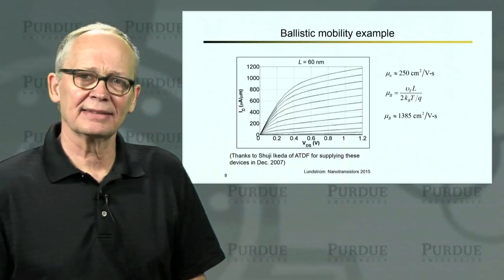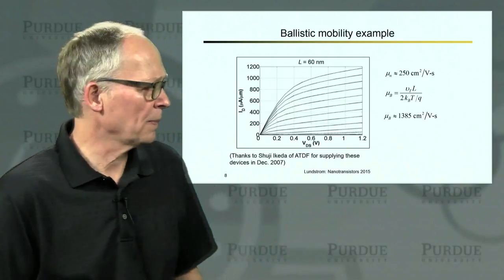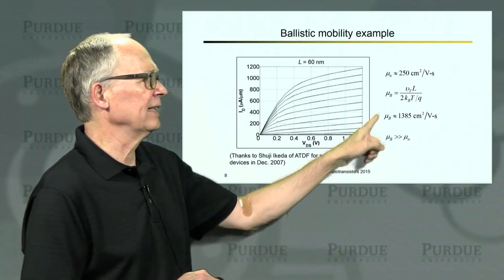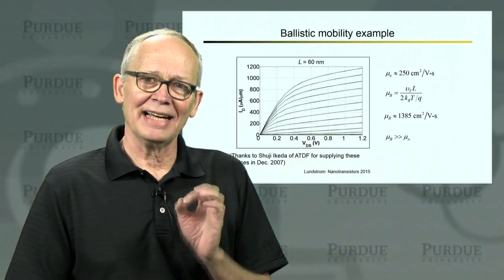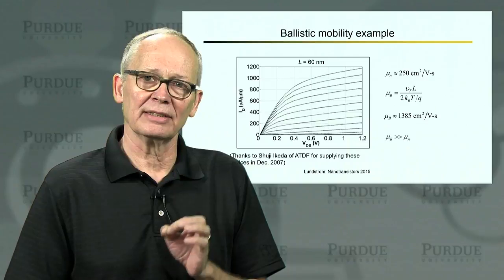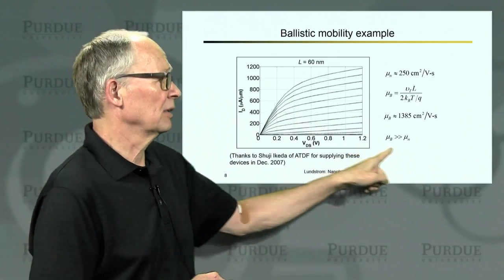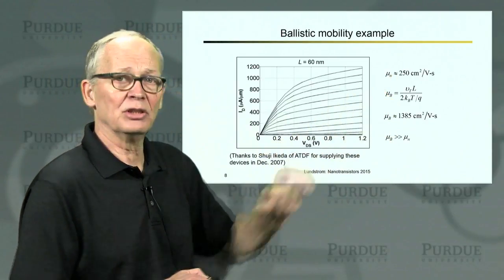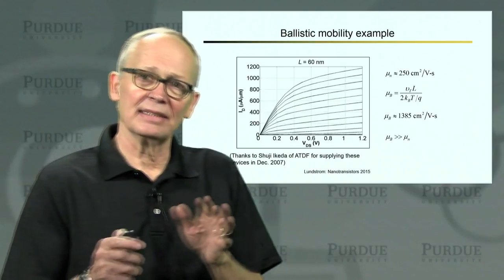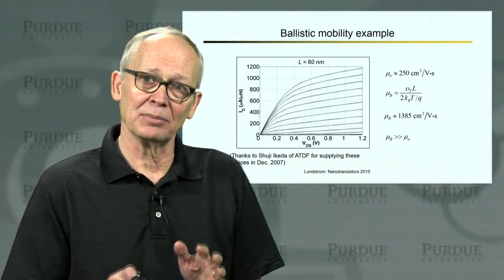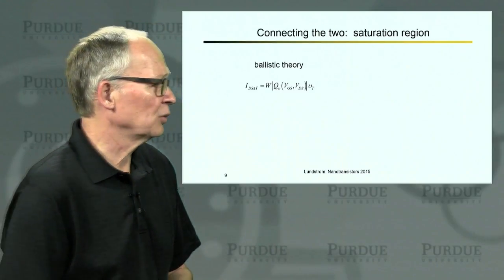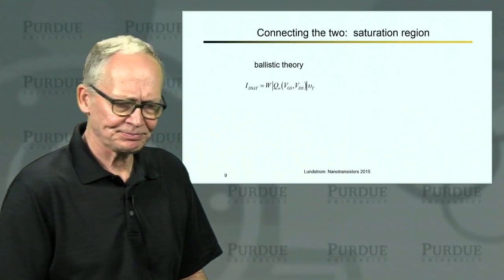Now we'll discuss this in a lot more depth in Unit 4, but intuitively you can see that it's the lower of the two mobilities that's going to matter. That's the one that's going to limit the current in this device. And since the lower of the two mobilities is the real mobility, this device is strongly influenced by scattering and is definitely not a ballistic transistor. That's what we conclude from this calculation.